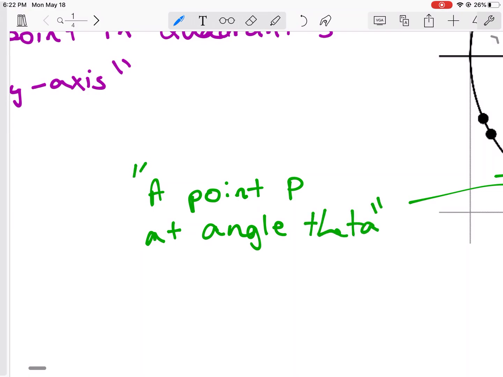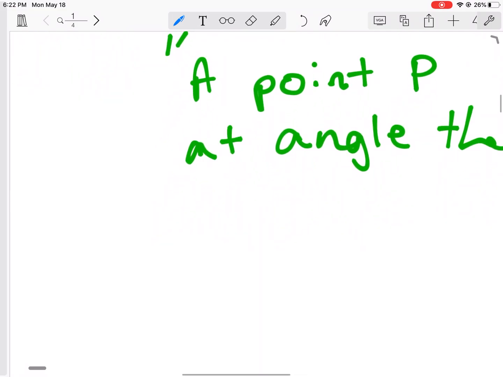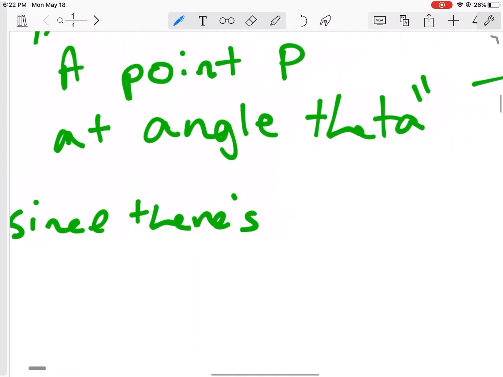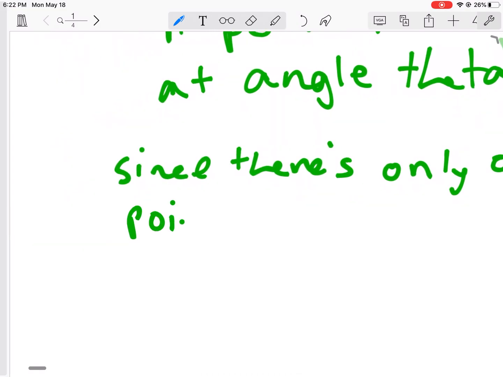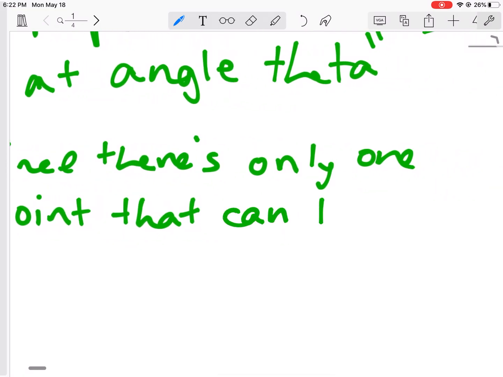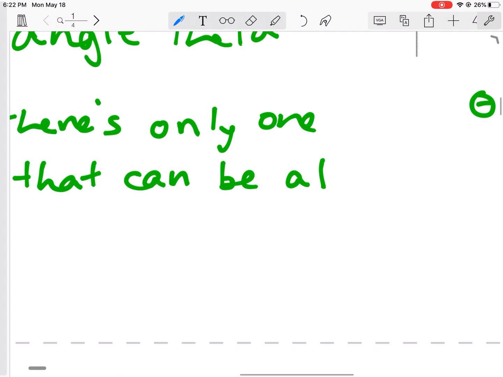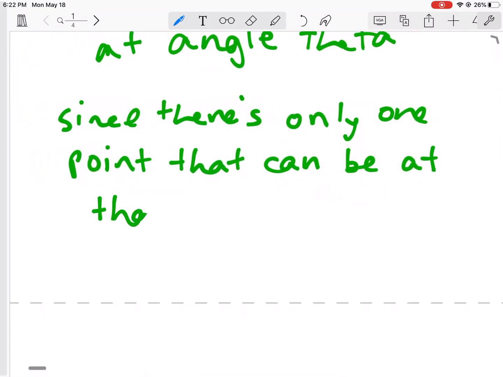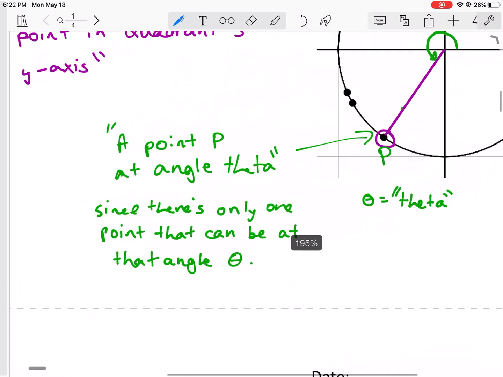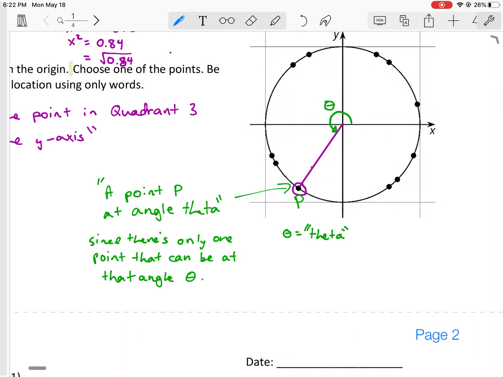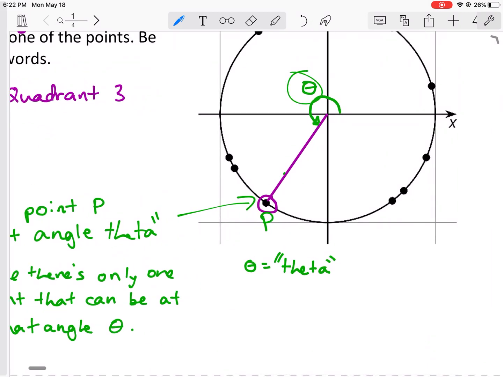That'd be a really efficient way to describe this, and this is true because there's only one point that can be at that angle. No other point on this circle could have this same angle measure. This is the only point that would have that,